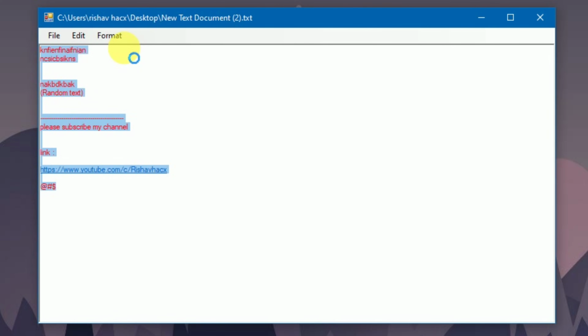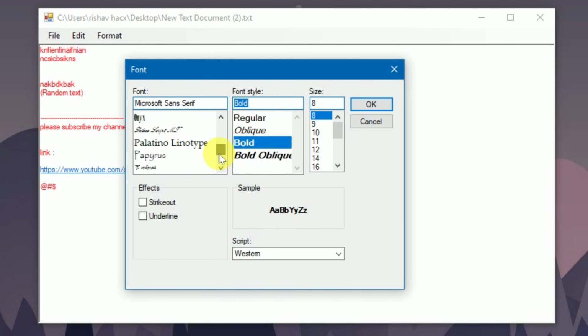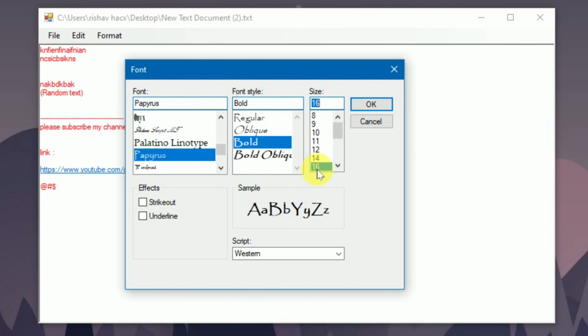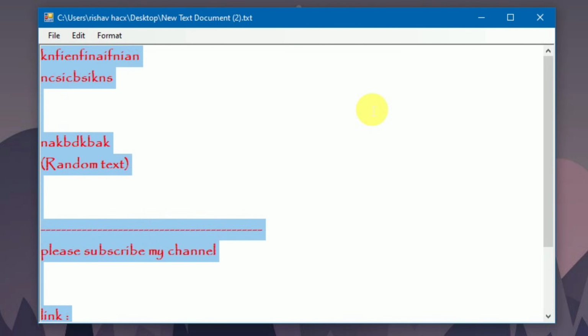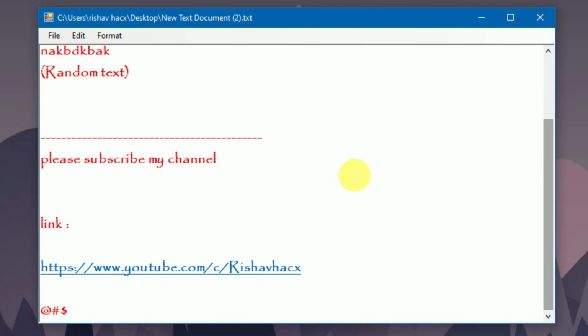Now we try the font dialog box to see whether it is working properly or not. It takes some seconds to load, and here you see the pop-up appears. Now we select bold and choose a font type here, give some size and press OK, and here you see the size increases. So it is working fine.